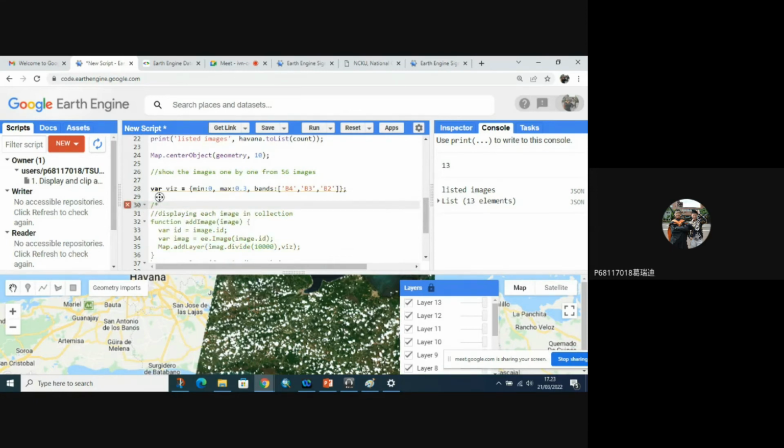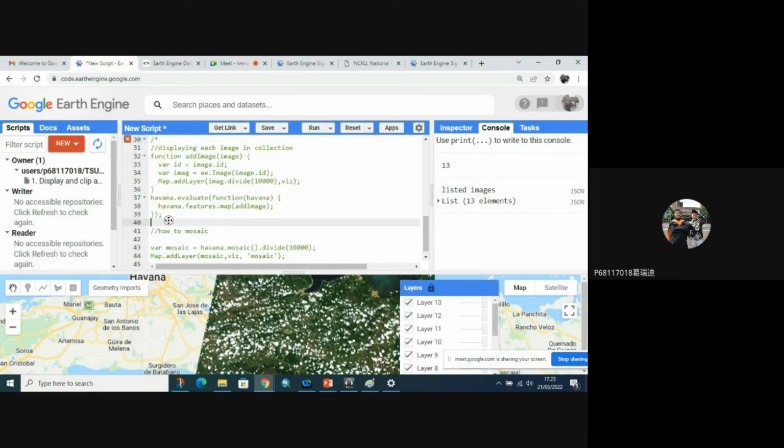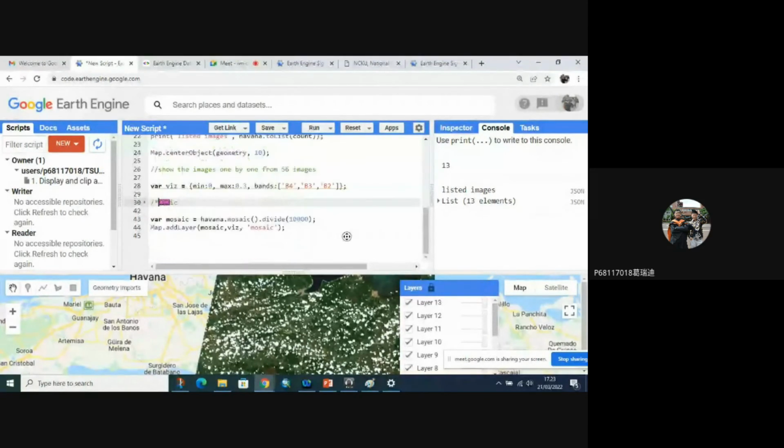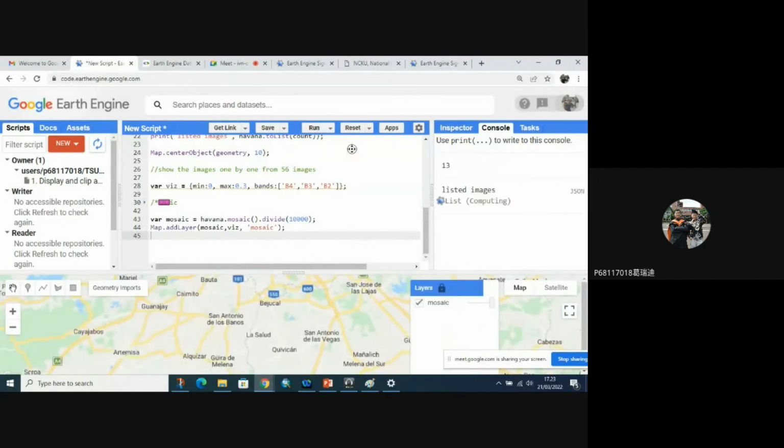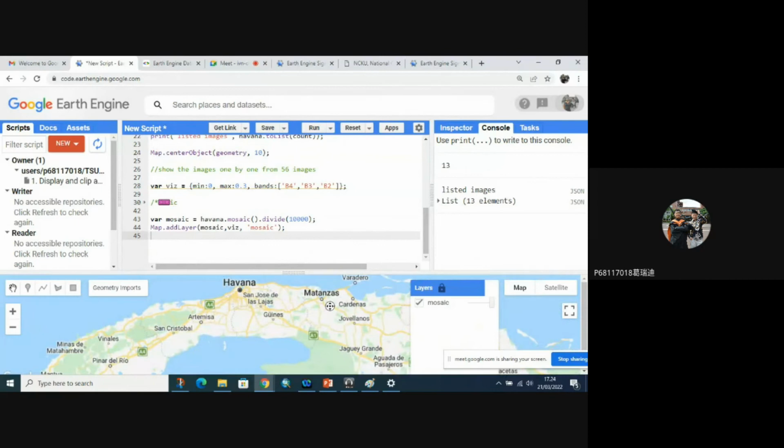I don't want to show the images anymore, just show the mosaic images. I use slash star and end it with slash star. And it will just show the mosaic image, just one layer.